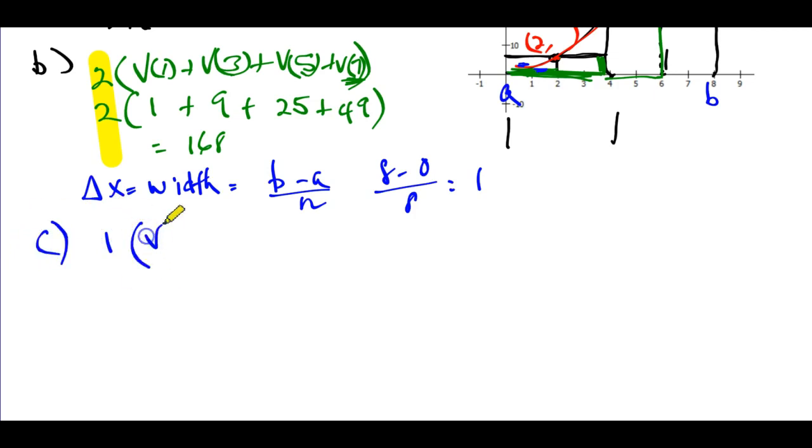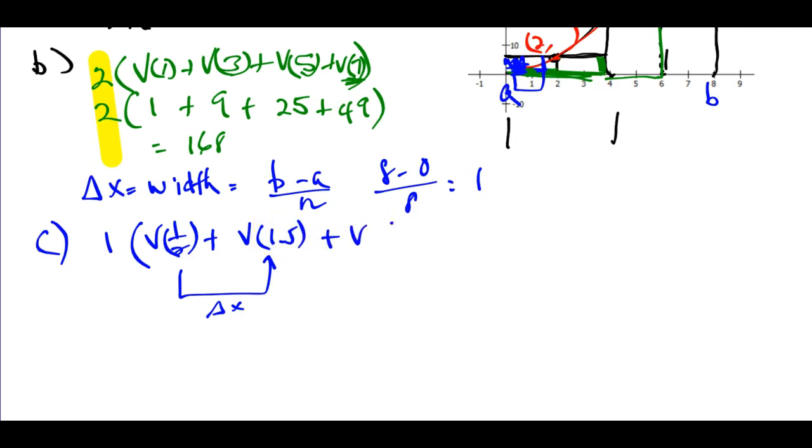And then it's going to be v sub the midpoint. Now the midpoint between this first little rectangle right here is going to be 1/2. Plus v sub, and then I just do the width here, just delta x, because I'm just going to add this distance is going to be the next midpoint. So that's 1.5 plus v sub 2.5 plus all the way to v sub 5.5, keep going, all the way to what, 7.5, v sub 7.5. So add all those up,